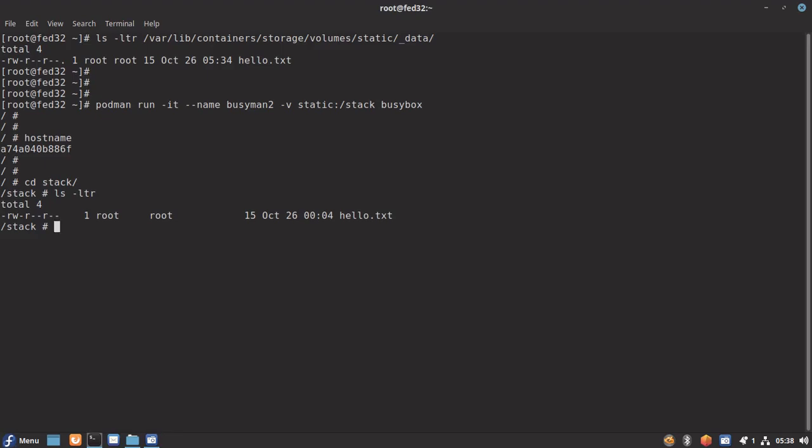This file we created in our first container, busyman. So it is persistent data that has been saved in the volume, and we destroyed our initial container, and this is our new container busyman2 in which we mapped the same volume, and we are able to see the data. Basically whatever file we created is still available for use.